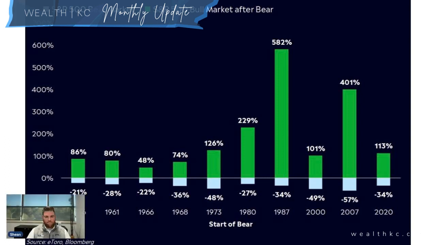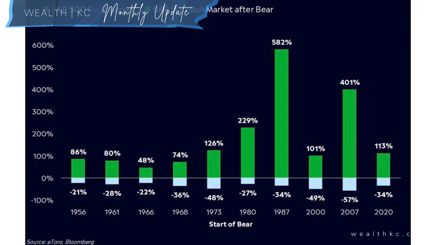This is just an important chart, a healthy reminder, if you will, of what's going on in bear markets and how we need to work our way through it. On the bottom is every bear market from 1956 to 2020, showing the total drawdown, ranging anywhere from 21% to 57%. And on the top in green, you will see the bull market that followed each bear market. So if you can get through these tough moments in time, there are healthy rewards for staying invested, investing more, or even getting more aggressive in these moments.